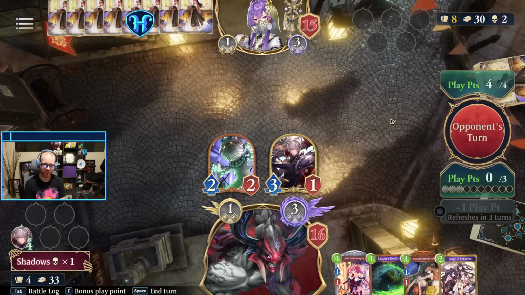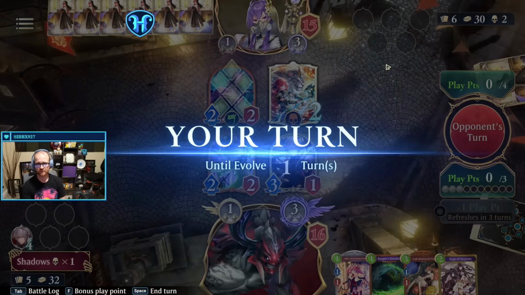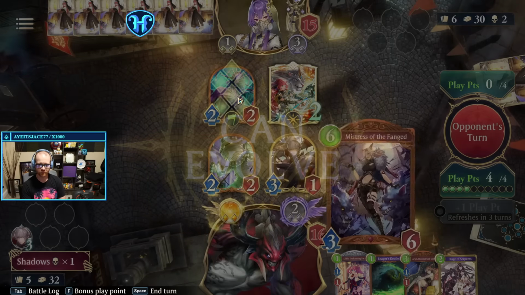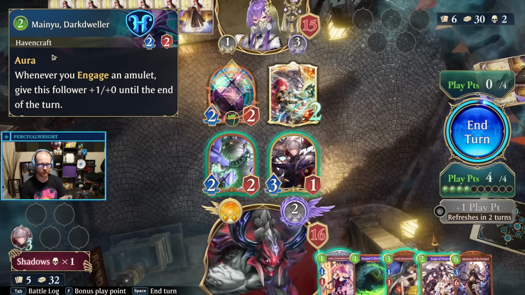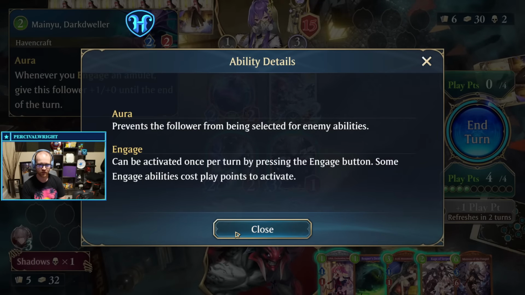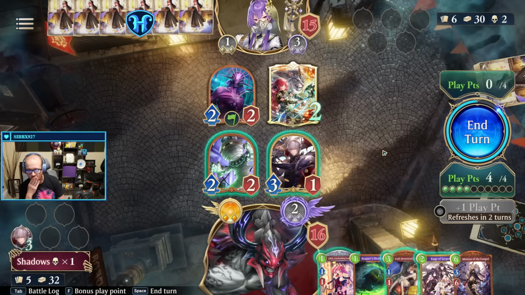Them having first energy advantage was not so. We are one and the same. I'll say you engage an amulet, give this 1/0 till end of turn, aura. Can't be selected by enemy abilities. Alright, so